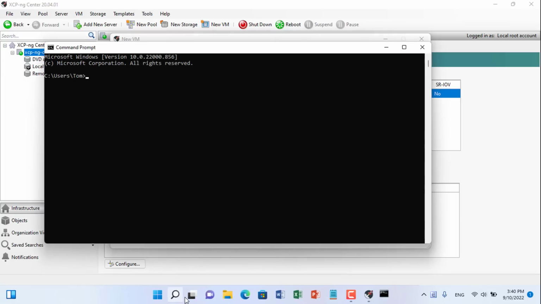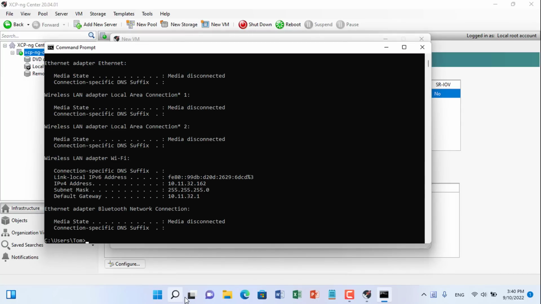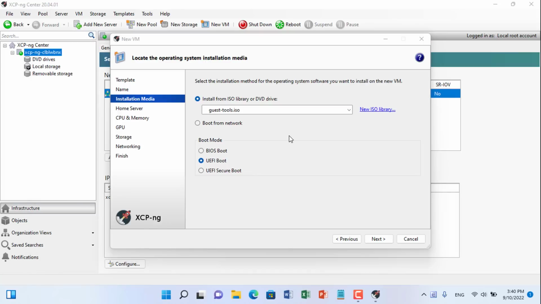Next, I open a command window using the ifconfig command to display the IP address of the Windows computer. Go back to XCP you connected to the shared folder.